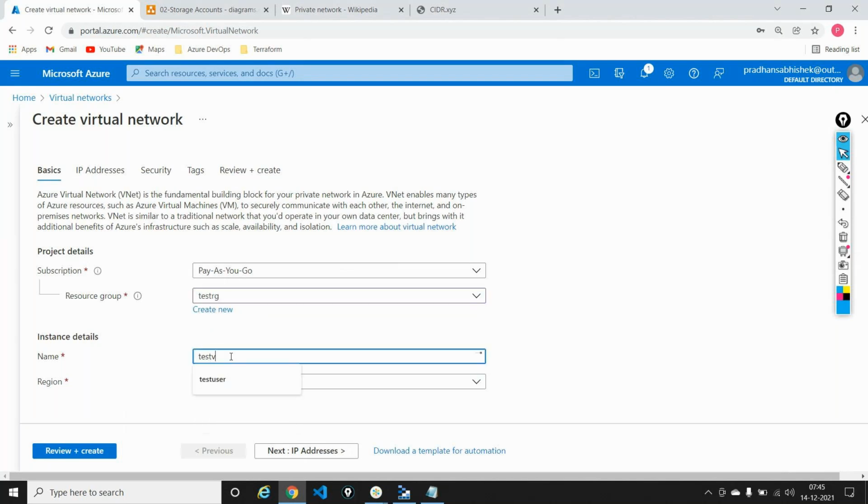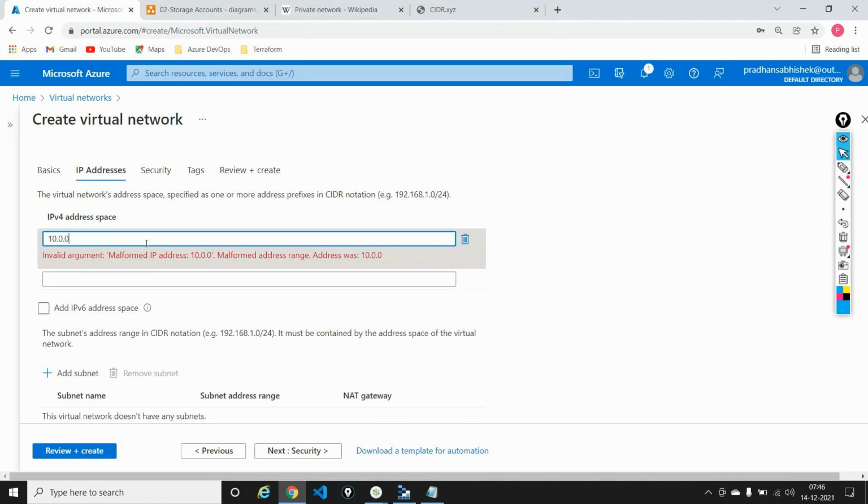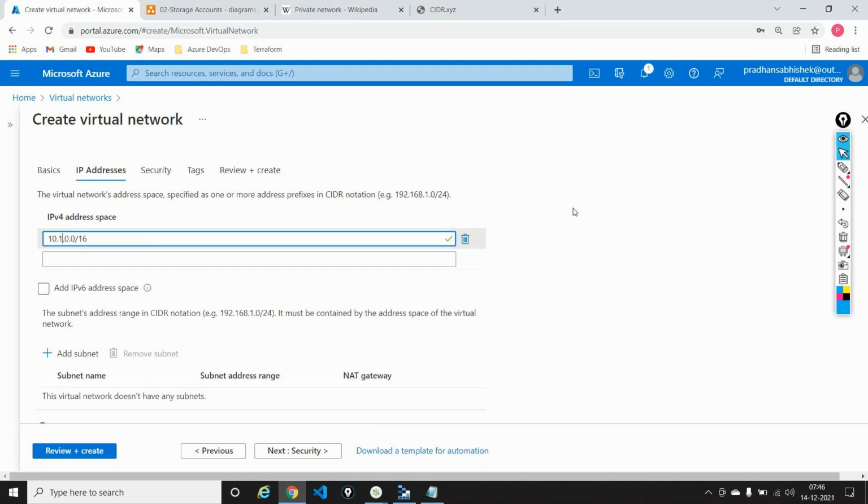I'll say test VNet. I'll say this is 10.0.0.0/16. Do you get a warning here telling that the address space overlaps with another address space? It's already taken. You can create, but not recommended to create because addresses should be unique. So what I'll do is that can I change this 10.0 with 10.1? If this is 10.1,